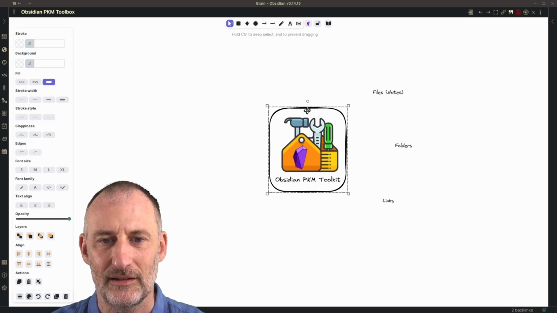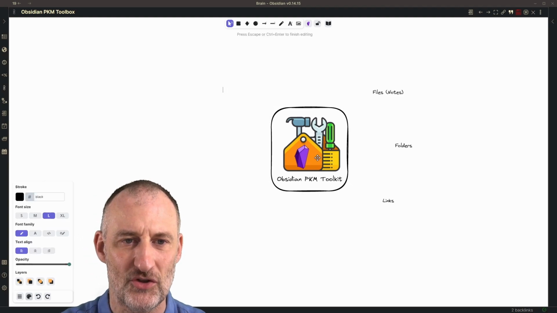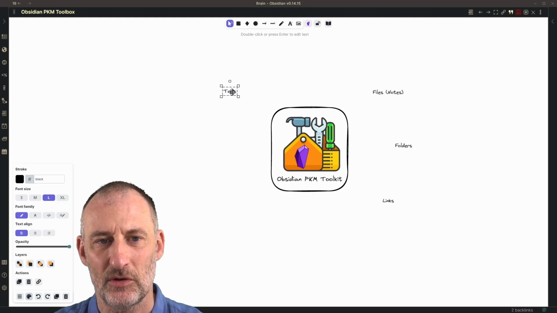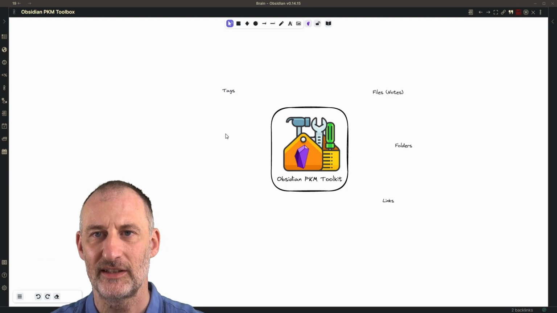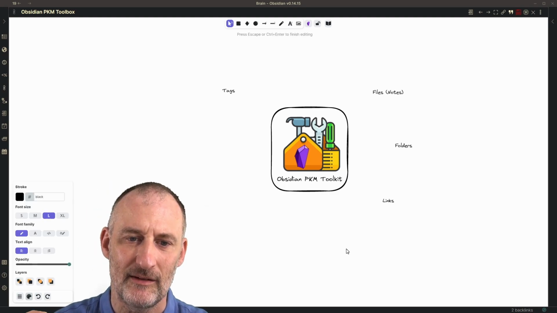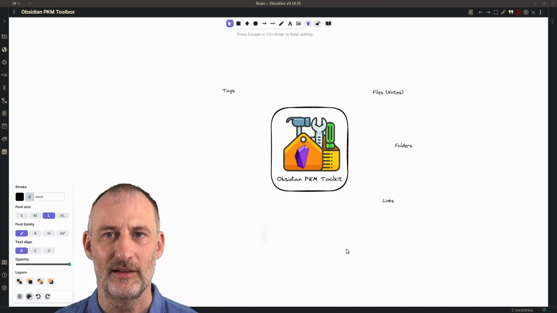And then on the other side, I want to mention tags, because those are a very important component of building your taxonomy for your personal knowledge management. And finally, for me, a core Obsidian toolkit, though it's not part of the core product, but it's a plugin,